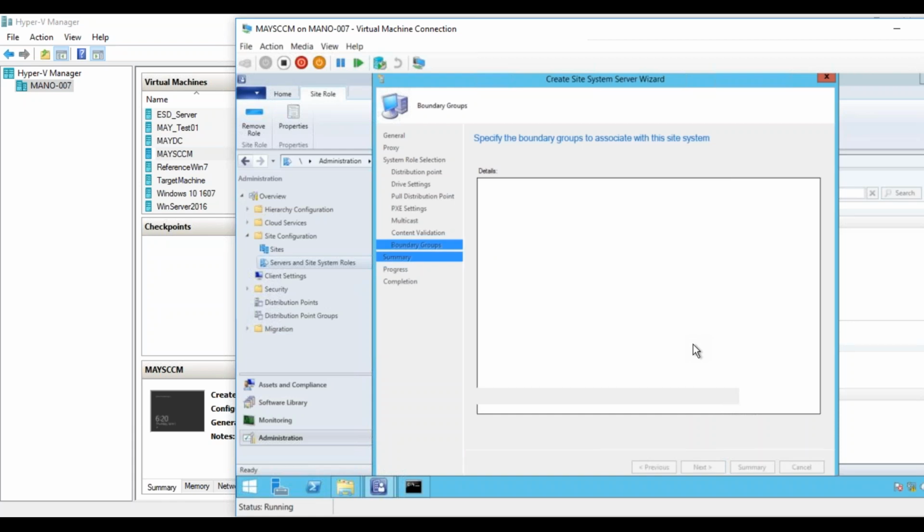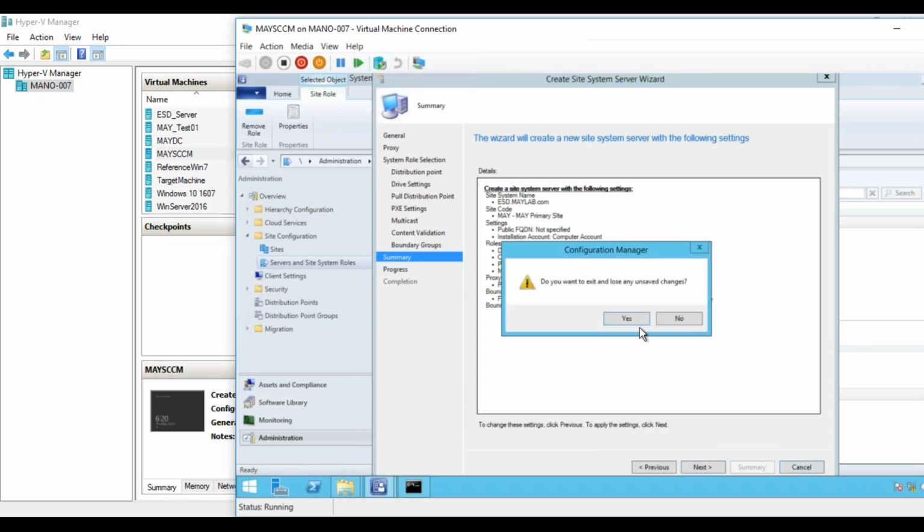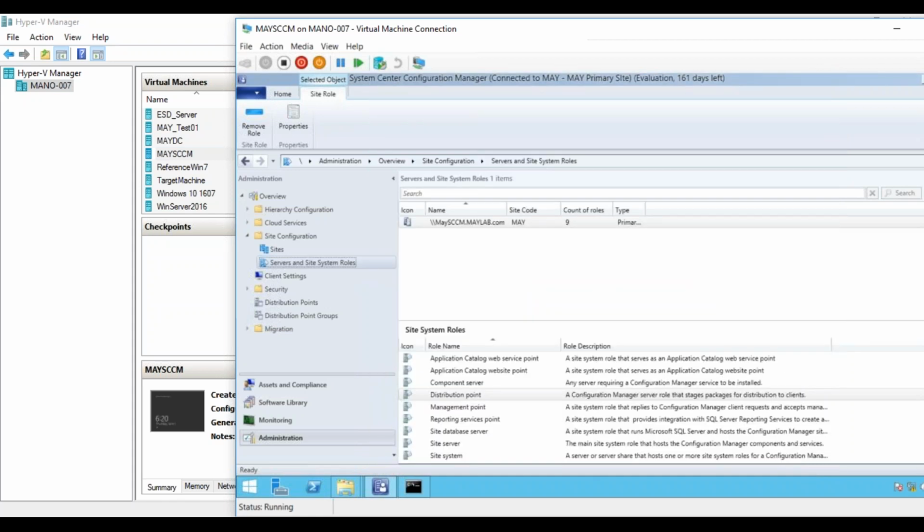So there is one more way to do this. What we do is there are PowerShell commandlets. Okay, I've just cancelled it, because that's not the whole intent. So we have PowerShell commandlets which we can use to build multiple DPs. Typically, they come in handy when you want to build like 50 DPs for your client, right? In that case, doing the same activity what we just did for 50 different distribution points,